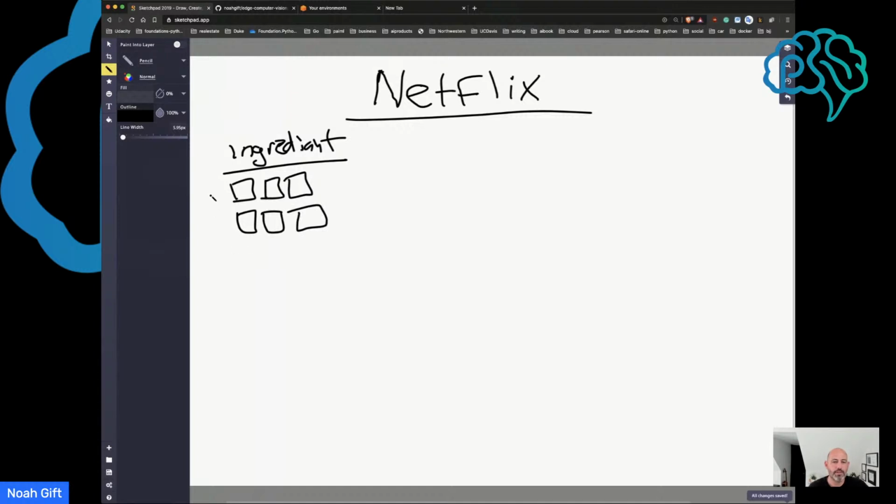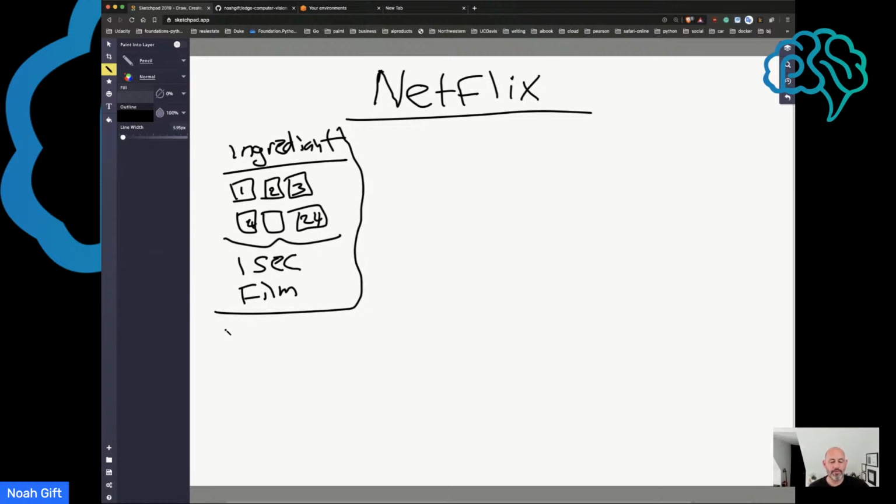You could have this is frame 1, frame 2, frame 3, frame 4, and then we'll just say this is frame 24. So this would basically be 1 second of a film. So this is our core ingredient, and they probably at some point would have, let's say, some existing pipeline that